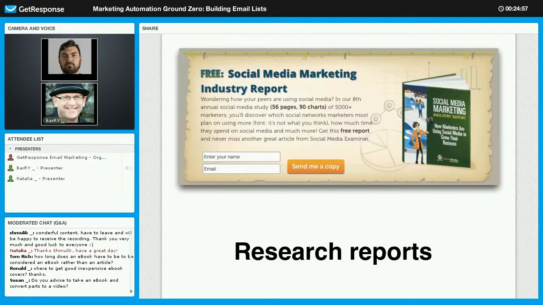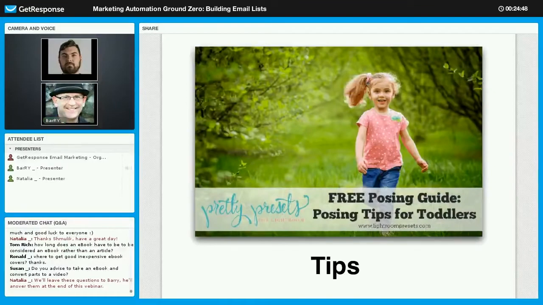And so this is a great example from Social Media Examiner. Annually they publish this thing, Social Media Marketing Industry Report, and because of it, they've managed to grow their email database something in the order of 500,000. So research reports are amongst the most powerful ones on this list. And then in terms of speed and efficiency and ease, this is amongst the most popular ones on the list too,